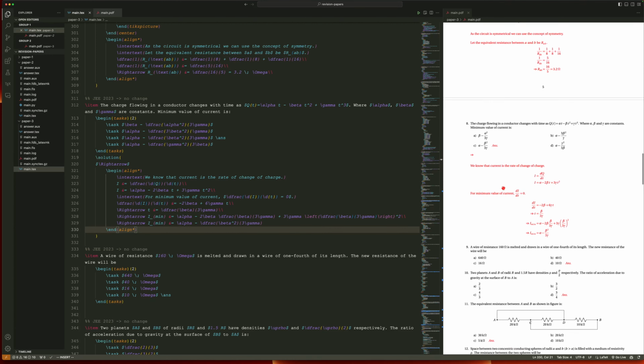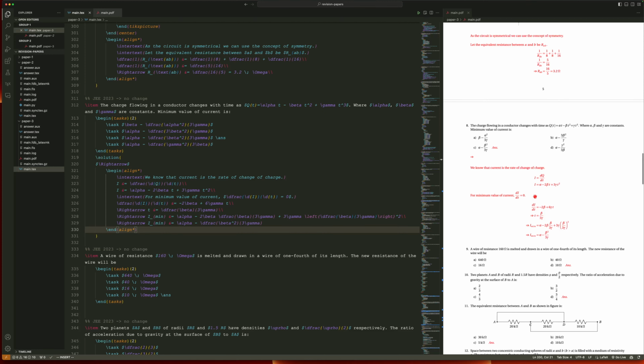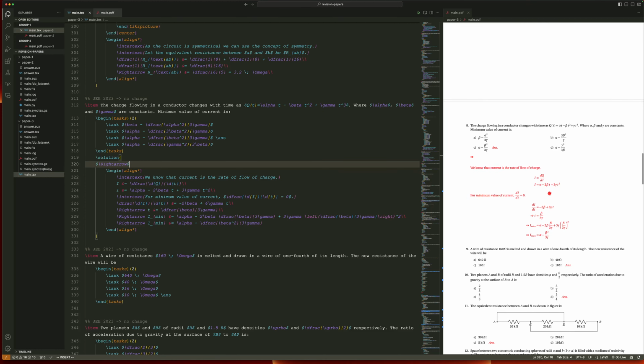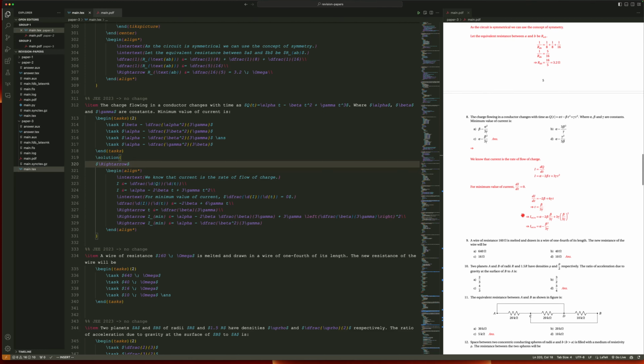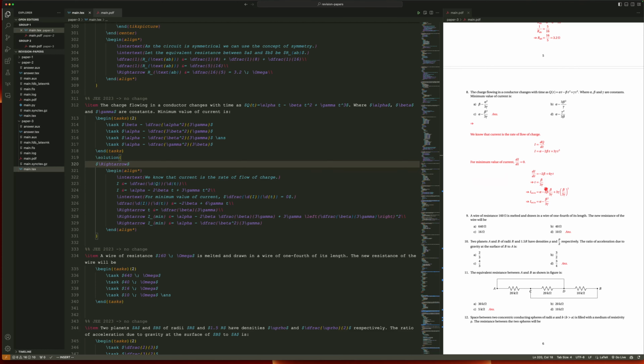So yeah, we know that the current is the rate of change of charge, the rate of flow of charge, that will be better. So yeah, the rate of flow of charge, it's all right. And then I differentiated, sorry, Copal differentiated it. For the minimum value, di upon dt is correct. Then we got time is equal to